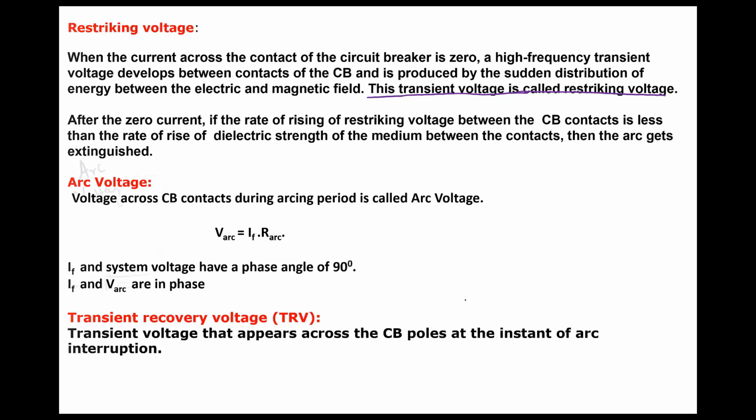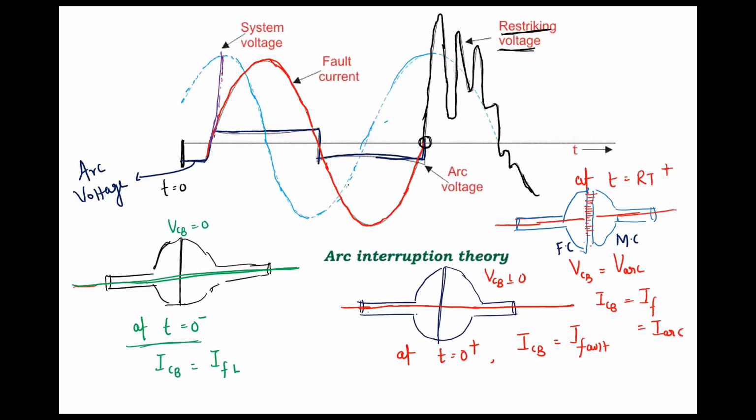So here you can observe till that point, till where the fault current is here. Sir, you can ask why here it is not shown. It is very difficult to show at every current zero. So we are only showing at this current zero. Understand? So till that point, the voltage across the arc is very small value, that is V arc, which is in phase. Sir, why this voltage V arc is in phase?